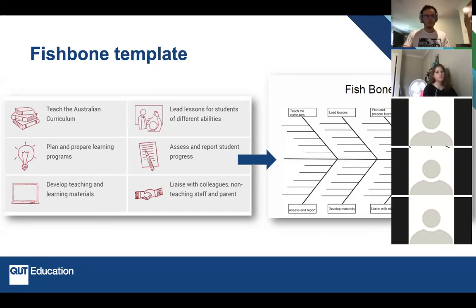So what about Jake? I can go if you like. Sorry. Who was that? I was going to say I can go if you like. I can say some. Yeah, definitely. So for assess and report, I had quite a few. Assess student learning, provide feedback, interpret student data, rubric, report cards, and equitable accommodations for people who might have disabilities, and just general ones like informal assessments, diagnostics, monitoring and record keeping, things like that. Fabulous.